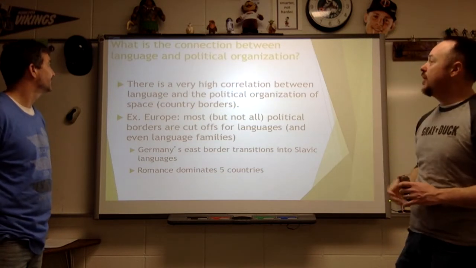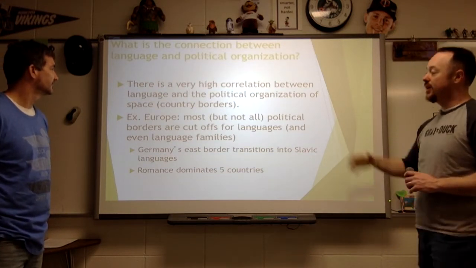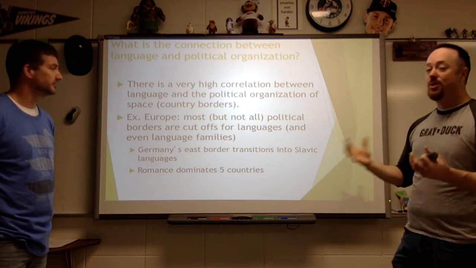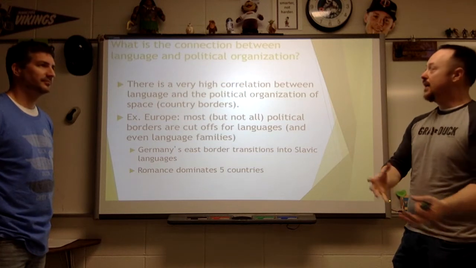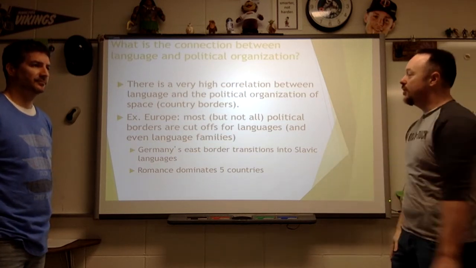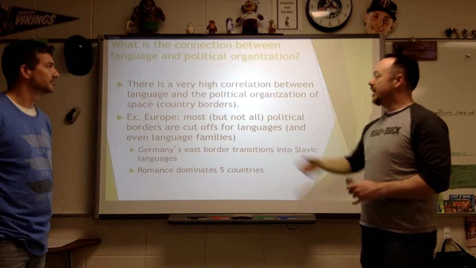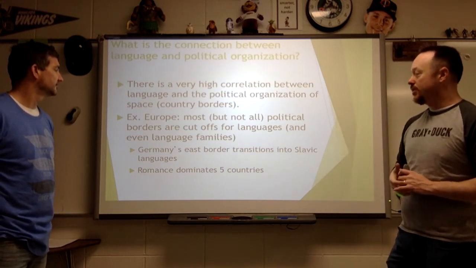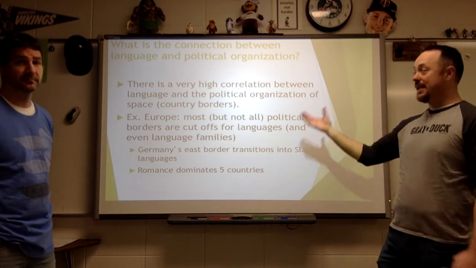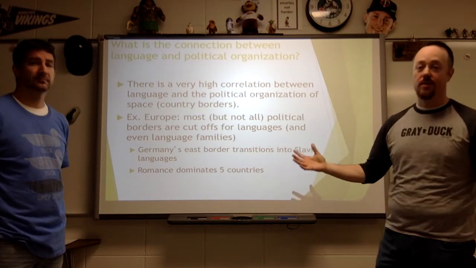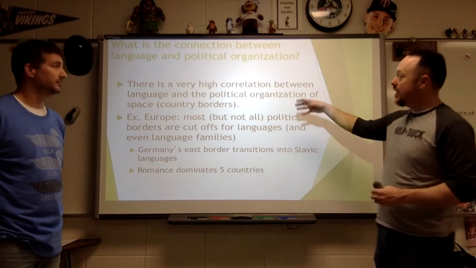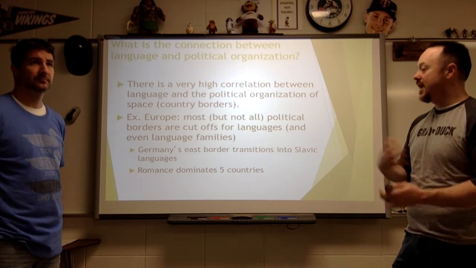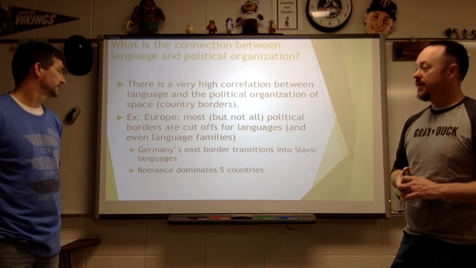Green slide for you. We look at what is the connection between language and political organization. We're going to get way more into political geography in the next unit. But obviously there's a super high correlation between ethnicity and political organization and language. They all are tied together. And so when we look at that, Europe is a really good example of this. A lot of the political borders are cutoffs for different languages. Not all of them. We looked at Spain yesterday and said there's all kinds of languages throughout Spain. But that creates political problems for the country. Creates organization problems. And we're going to look at more of those examples as we get into ethnic and political geography as well.